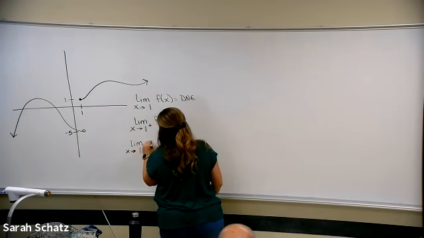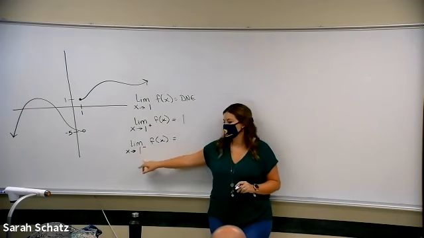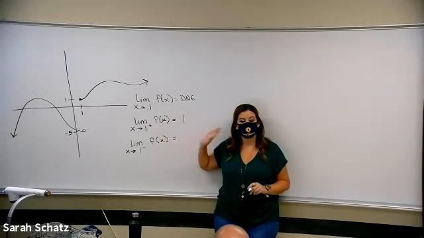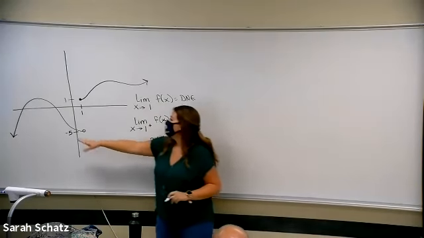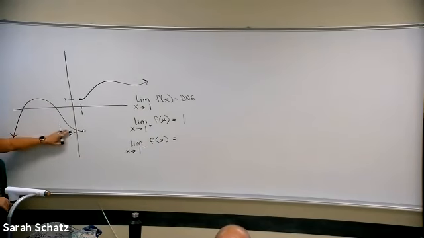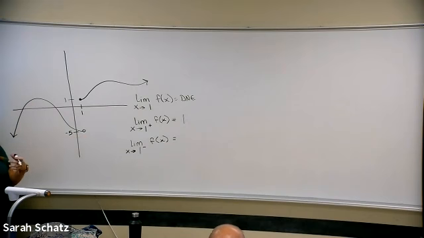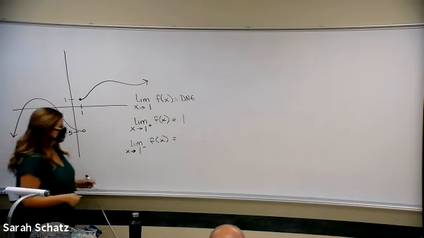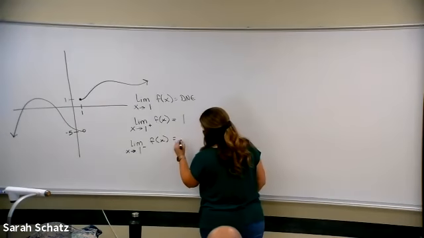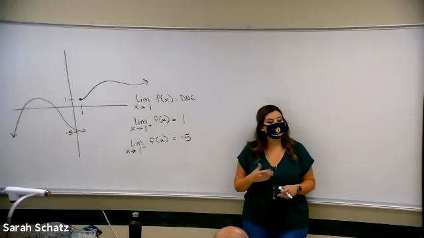So what if I have this one? I want to take the limit as x approaches 1 again, but now I've got a minus up here. So from the left. Coming from the left, what are we approaching? Approaching -5, but it never... Right. So it never hits -5, but remember it does get infinitely close to -5. So it's good. We can say that from the left, our limit is -5. So that's something we couldn't do before.